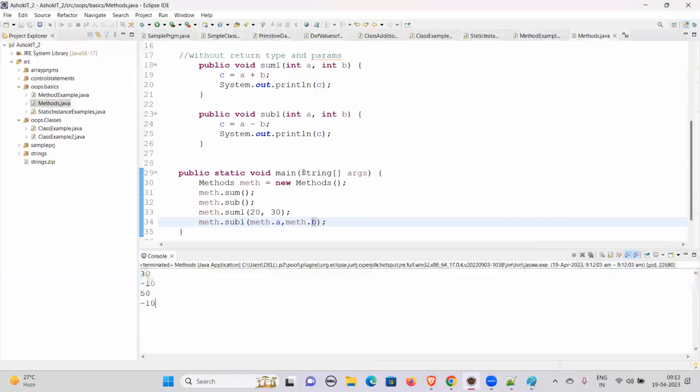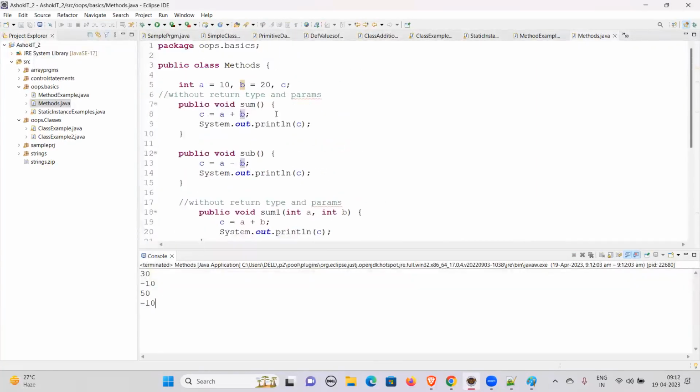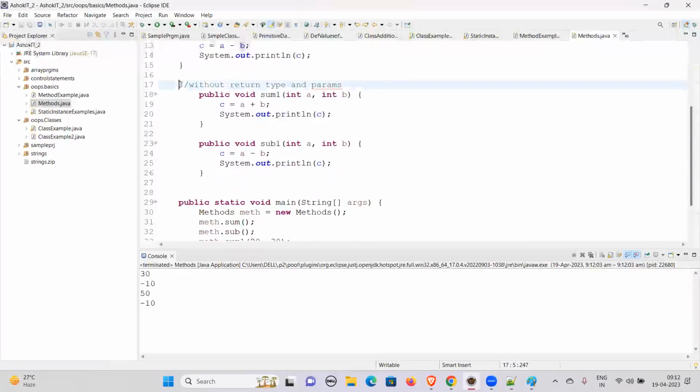Now you see -10. So what we did is this is without return type and parameters. So here, with return type and without